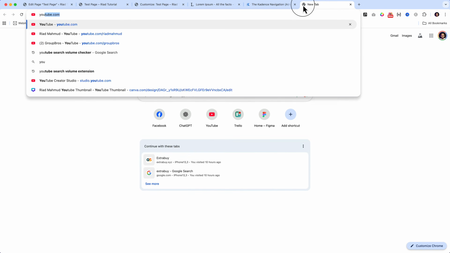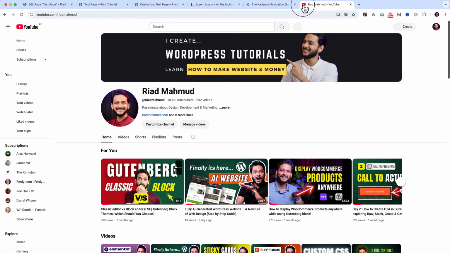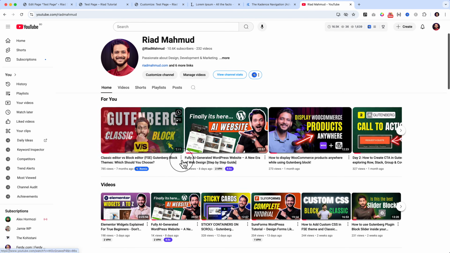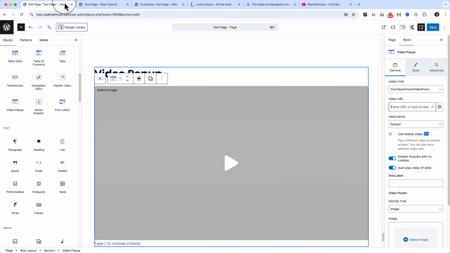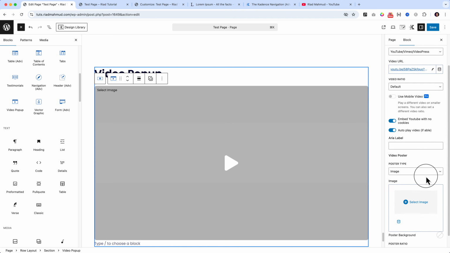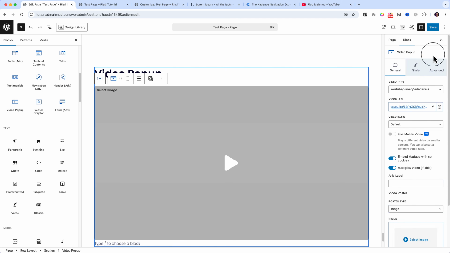Let's navigate to my YouTube channel and let's copy this URL, paste here, and the video ratio is default, and here is the mobile video pro and embed YouTube with no cookies. Okay, just use the default one, click save